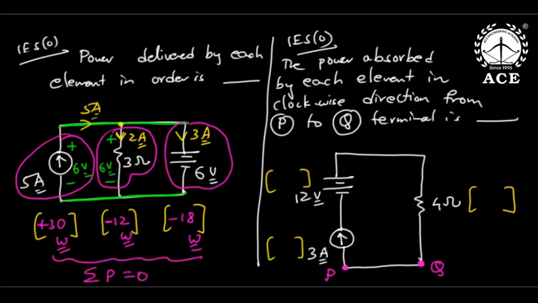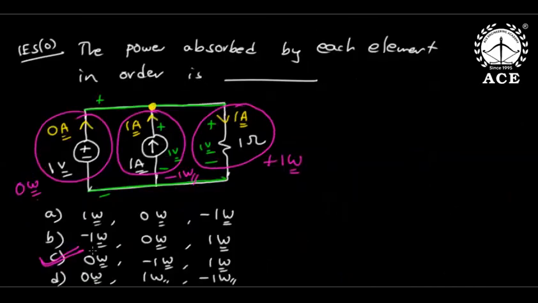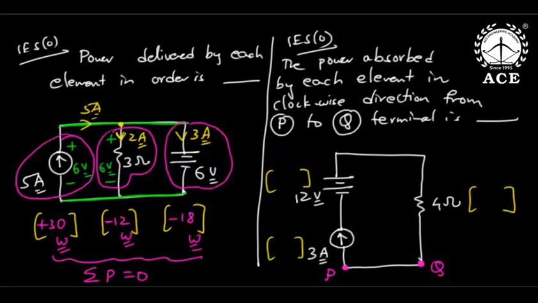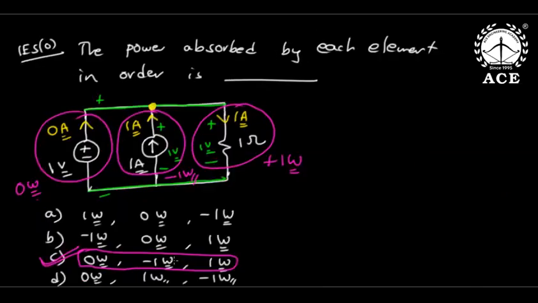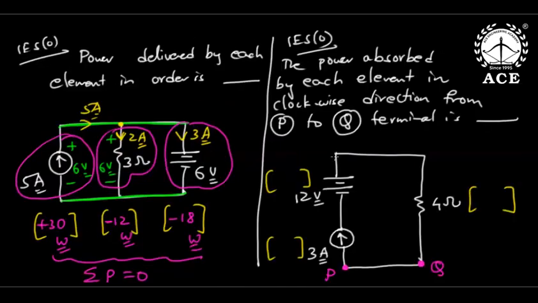That is Tellegen's theorem. In the previous problem also, sigma P is 0: plus 1 minus 1 is 0. Here also the same. Sigma power delivered is 0. Here sigma power absorbed is 0. But now the question: the power absorbed by each element in the clockwise direction from P to Q is